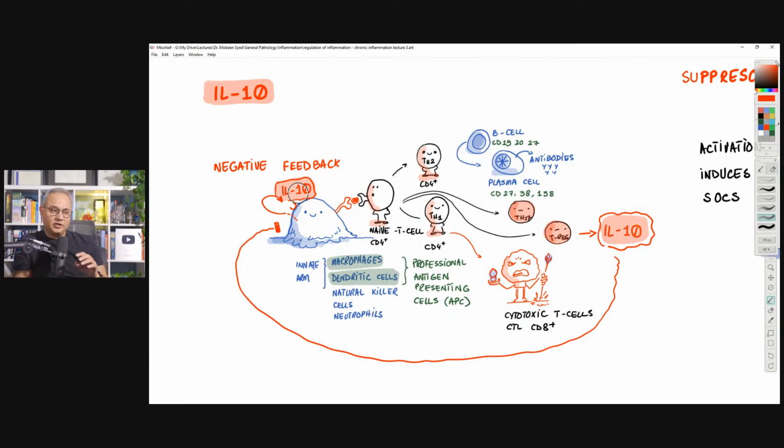Just a quick clarification on the terms. Regulatory mechanism or regulation of the immune system means both positive feedback upwards or negative feedbacks downwards. All of these mechanisms are called regulations. But inhibition or suppression means to bring the immune system towards a reduced state of action. So here, interleukin 10,